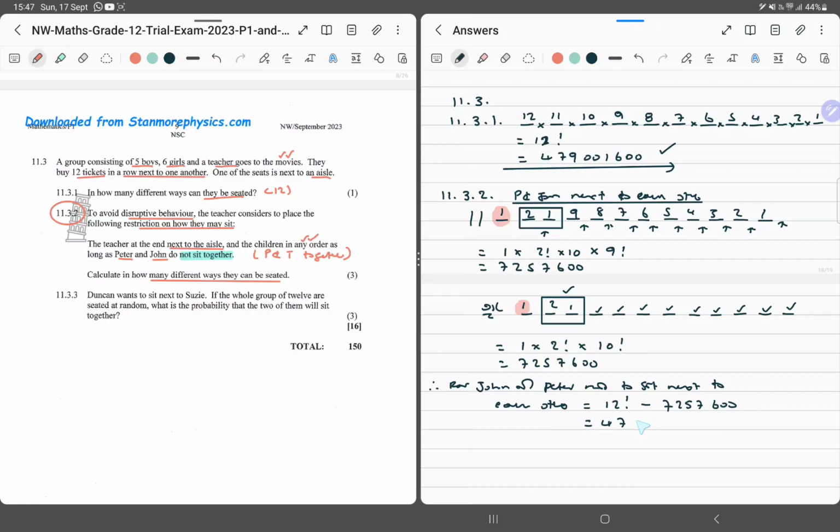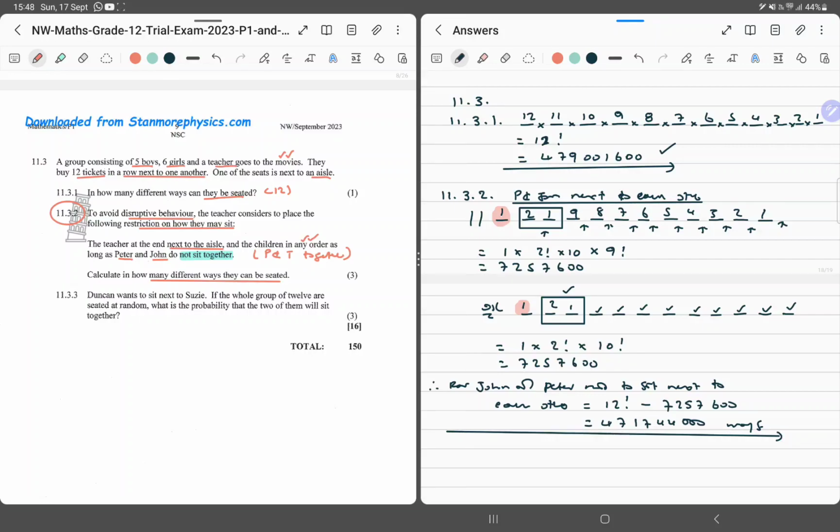What is this? 471,744. Yeah, that is the one. That is the one, guys. So it's basically 12 factorial minus 2 factorial times 10 factorial. Yeah, it's 471,744,000 ways. Now that is the answer to the question,